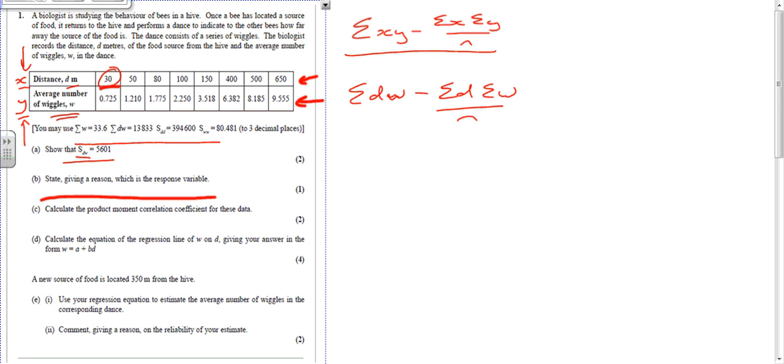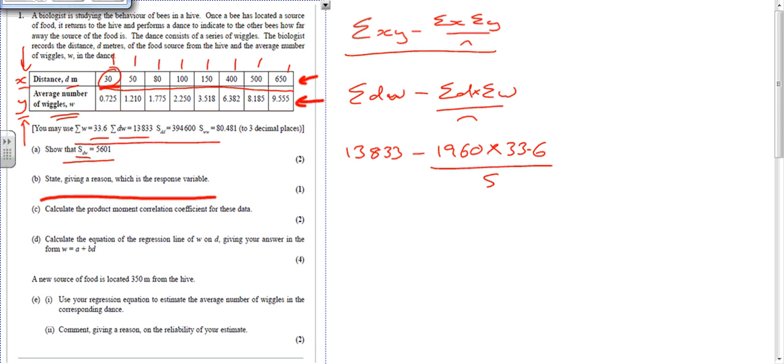We've got the sum of dw, which we know is 13,833, minus the sum of d, which we're not told, but we can add up what d is, which gives us 1,960, times the sum of w, which we're told is 33.6, all divided by n. Now, n is the number of pieces of data there are, so that's 1, 2, 3, 4, 5, 6, 7, 8. And if you put that into your calculator, you should get